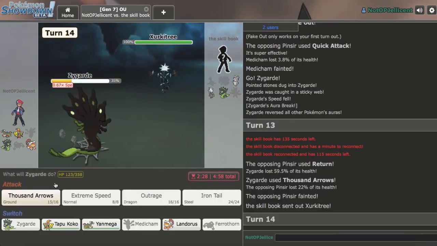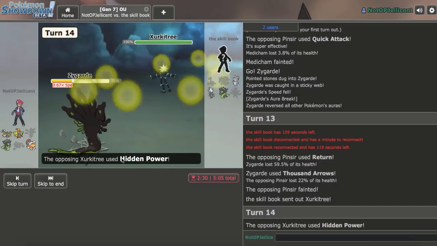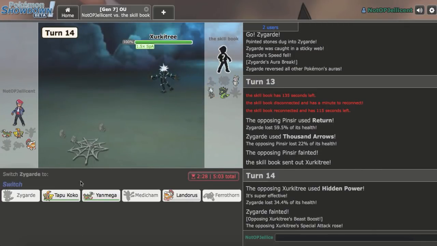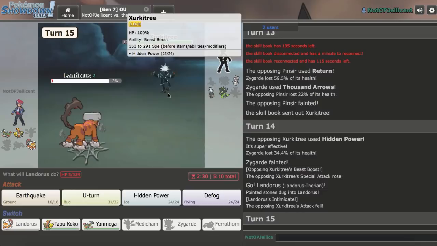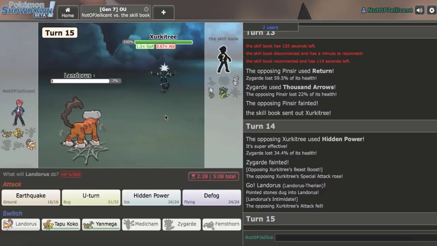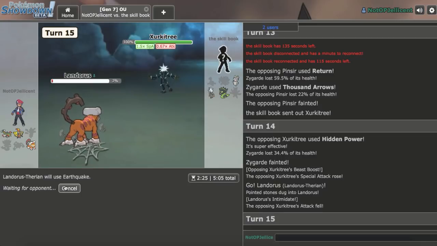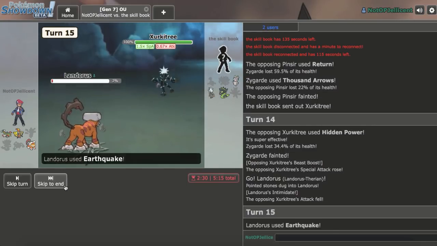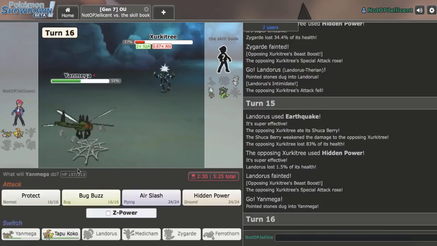He went right for the Return, so Extreme Speed was the play. Brings out this next. I'll go ahead and 1,000 Arrows. He does have HP Ice. Good information. Alright, we'll make this play right here, and I'll just go ahead and... I think Scarf Earthquake. What's he going to go? Do go Zygarde? Nope, just... Oh, it's Shuca Berry. Good tech. Okay, but now it's in range of Yanmega, so now I can just go ahead and...